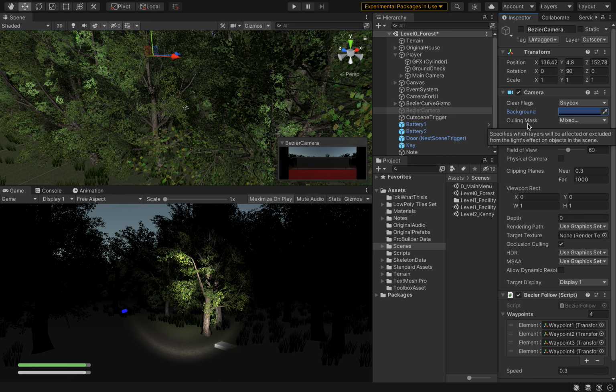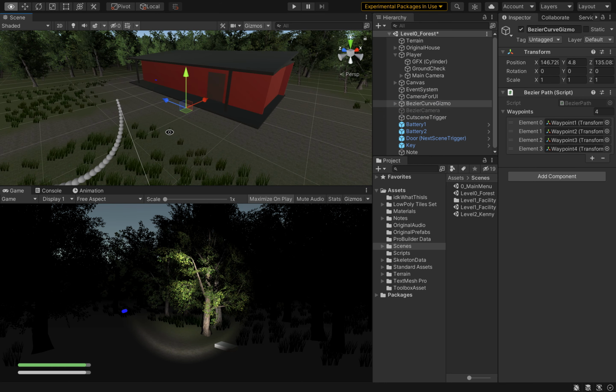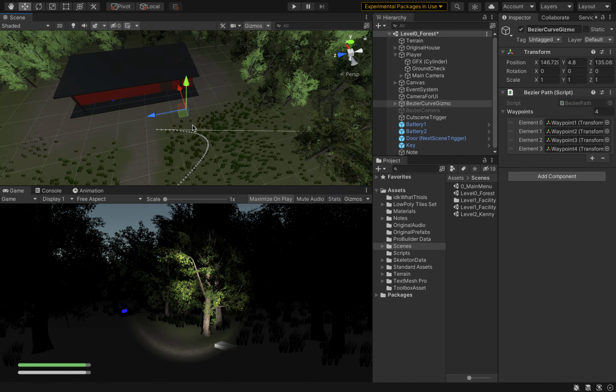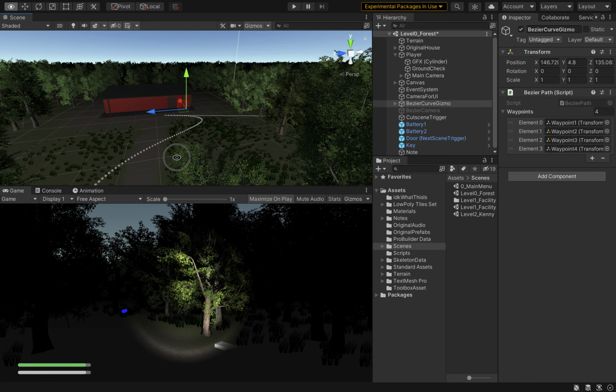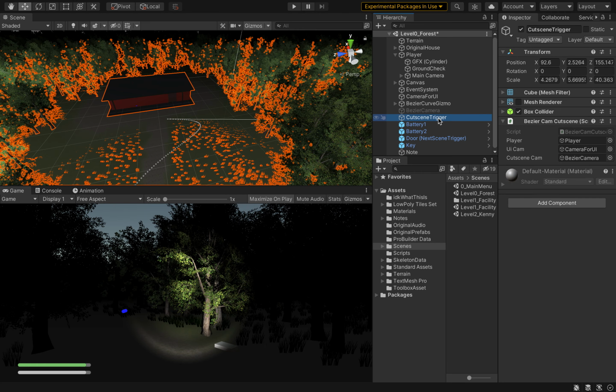Now, implement your Bezier curve for objects. You must do this programmatically. And we have a different Bezier curve in each scene for each person in the group. So for my Bezier curve, I used a cubic curve with 4 waypoints. I drew it with the gizmos function so that I could plan out the path that my cutscene camera